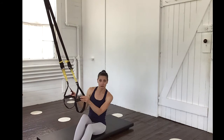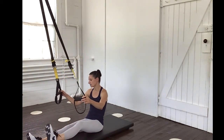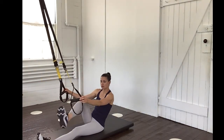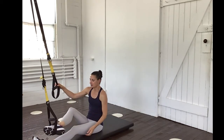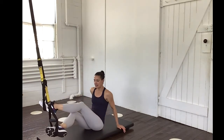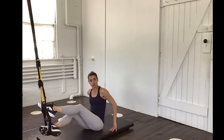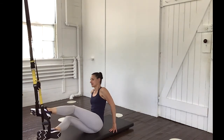So sitting with your straps long in each hand, you're going to take your right leg and cross it over your left leg and place it in your foot strap. You can let that push down. Then you're going to take your left leg across your right and place that in the foot strap. Whichever leg is on top is the direction that you're going to switch over to. So I'm going to flip over towards my right with my left leg on top